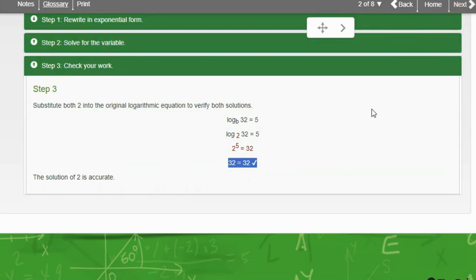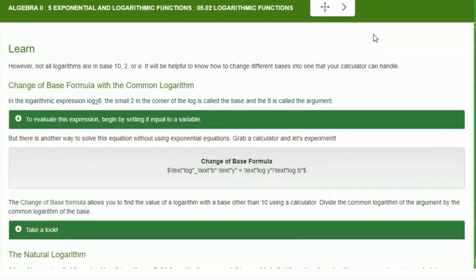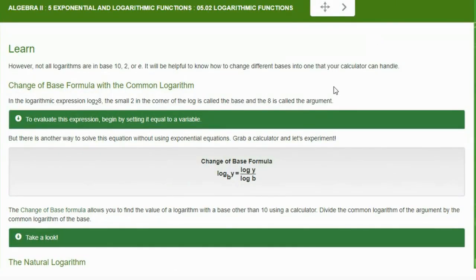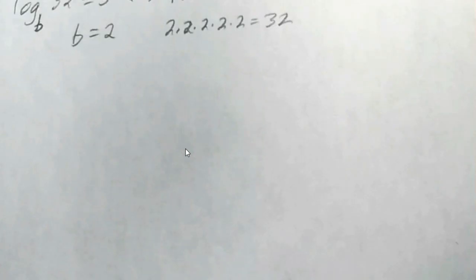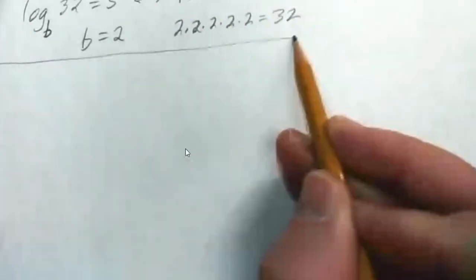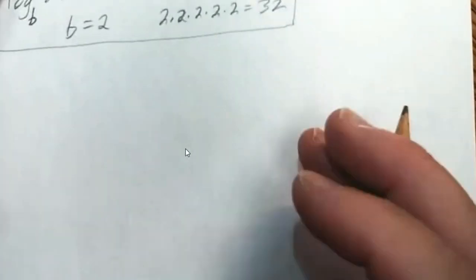Let's look at page 3. Okay. This is great. Not all logarithms are base 10, base 2, base e. It's going to be helpful to know how to change the bases so your calculator can use it. Let's play with this on our paper. We can go through the lesson, but this is something we can play with on our paper. So let's say we have some problems like